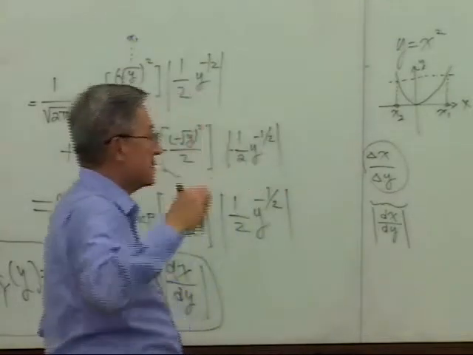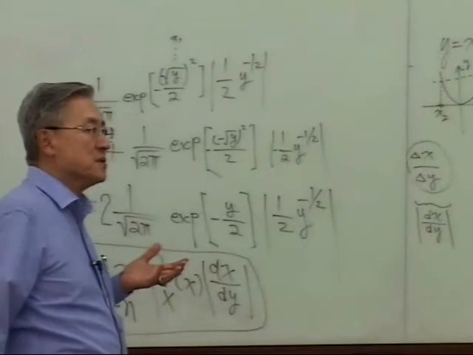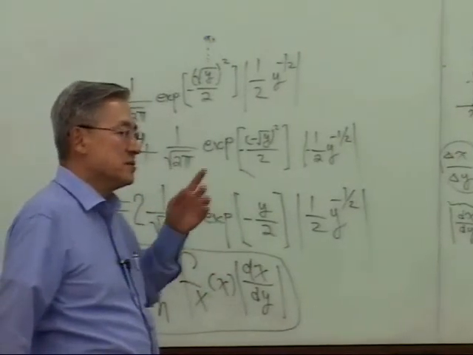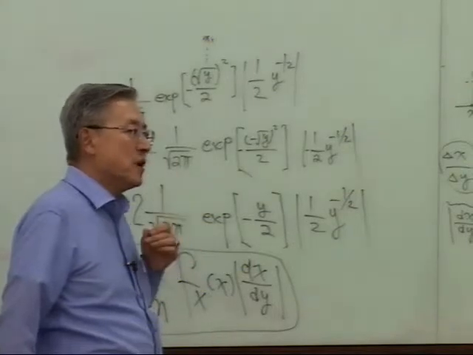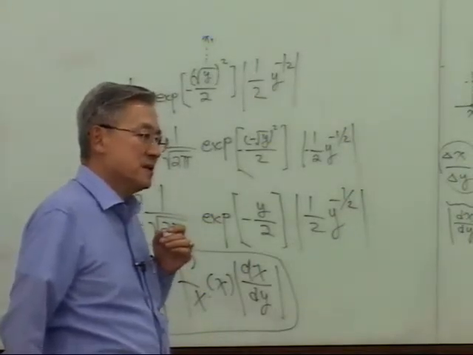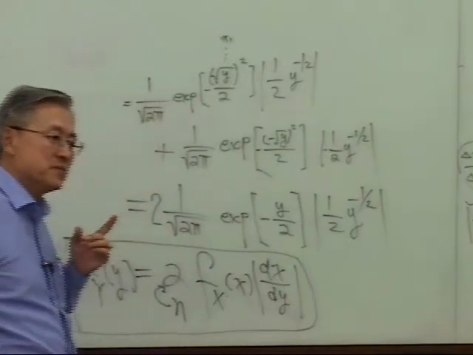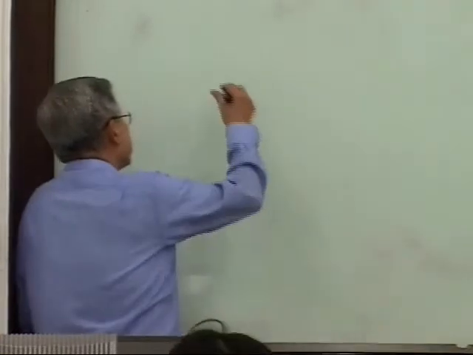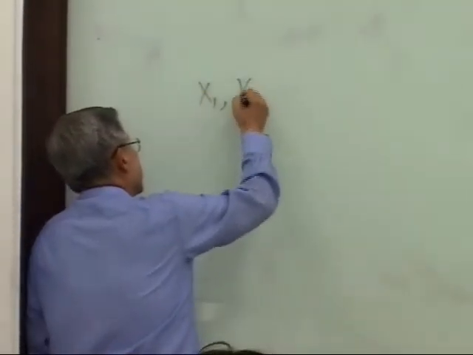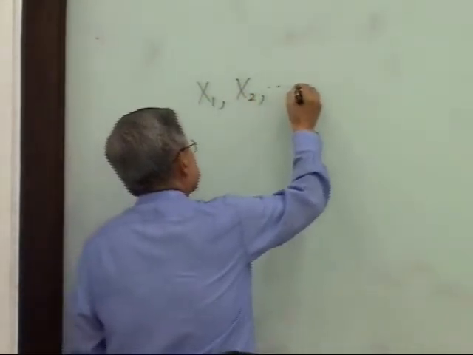So in this case, it's one functional relation between y and x. But sometimes you will face this, like x1, x2,